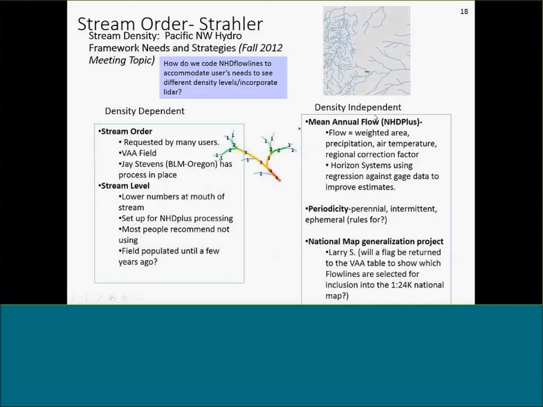I had ones that I called density independent on this side, and the density dependent ones on this side. What I mean by that is, if you look at this picture, and you all know this, when you go across lines from one county or township to another, or one state to another, people map things at different densities. So you can have an artificial line right down here where one side is dense and one side is not dense. Ideally you would have something that would get the same code no matter what your density was. So first I looked at those.